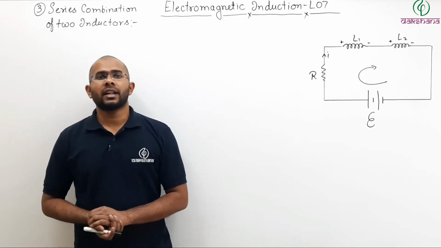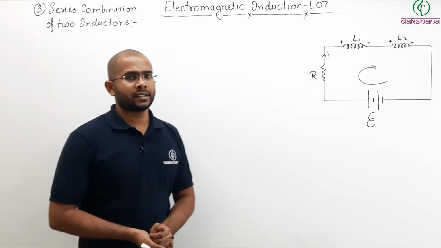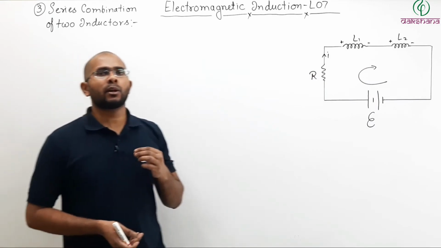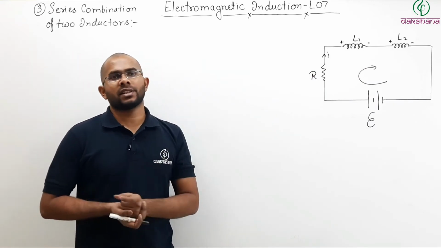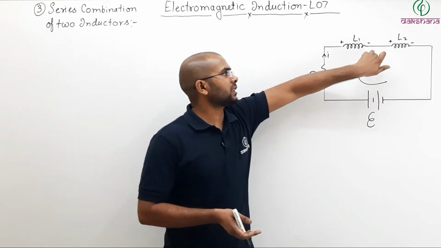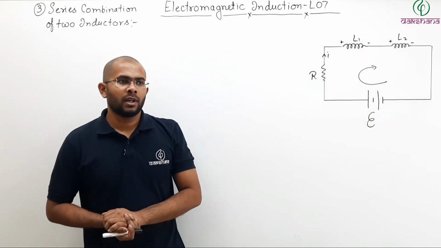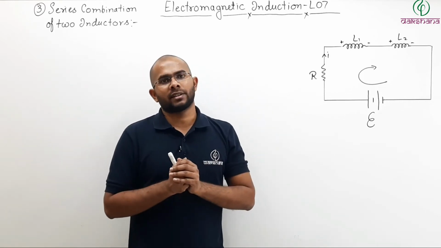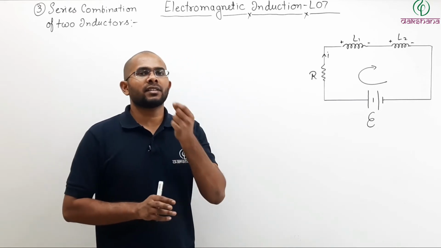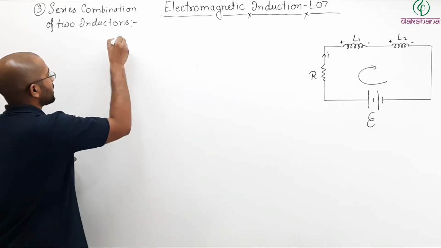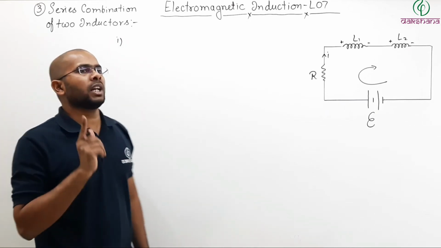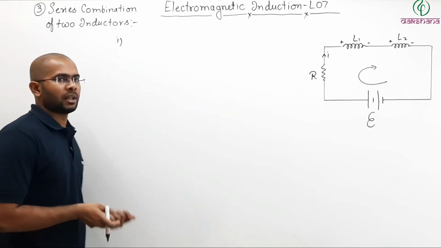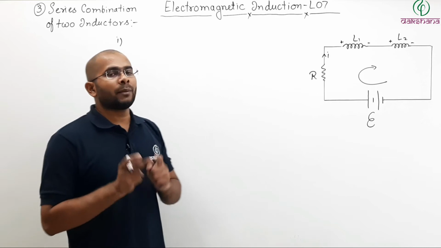Now we have just seen what the equivalent inductance is if two inductors are connected in series. In that formula we had ignored mutual inductance, meaning these two inductors have no effect over each other. Now what if that is not true? What if there is a mutual inductance? In that case there arise two cases. So let us talk about case number 1. If mutual inductance is not ignored, this is a little bit above what is given in your syllabus, but still. Now there can be two cases.